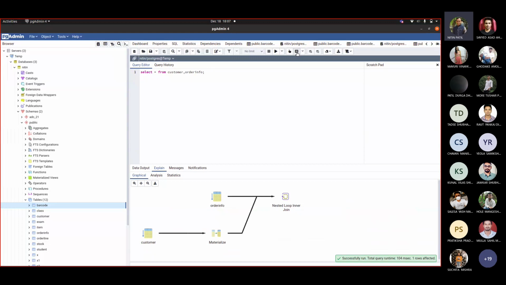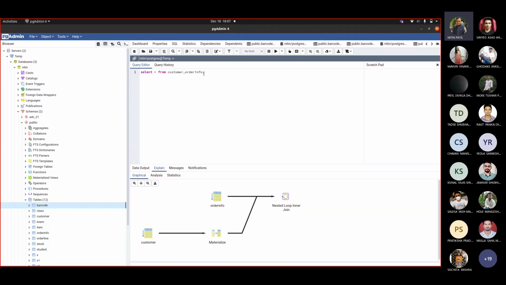If I click this, you will see the graphical interface, how your plan would be shown graphically. See the operator. We know that there is a nested loop. So this was the nested loop. You can see 2 lines are there, 2 kind of squares are added there. Though it is not exactly a square, but a kind of notation. So it picks customer, applies materialize, creates those many copies as per order info, and then shows you the result.